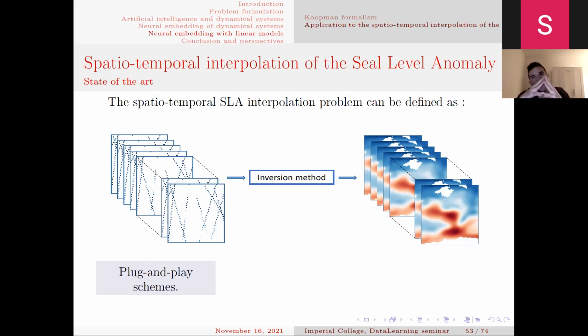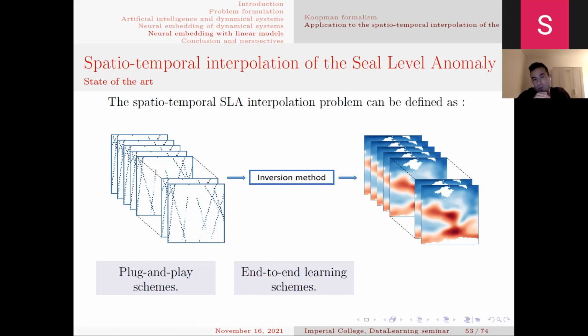Now, such schemes are extremely versatile, since they do not depend on the sampling of the observations. The issue with sea level anomaly is that we do know this sampling of the observations. It corresponds to the orbits of the satellites, and using it as additional information can lead to better representing the high-resolution scales.